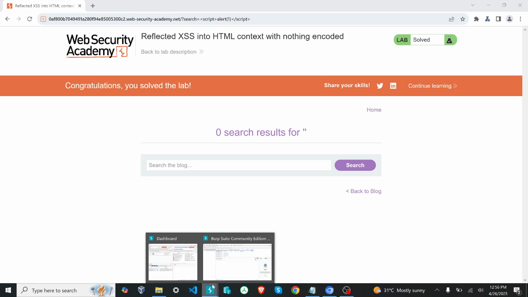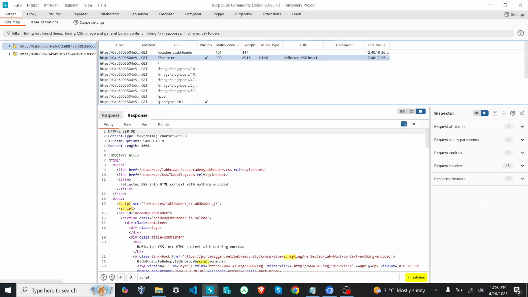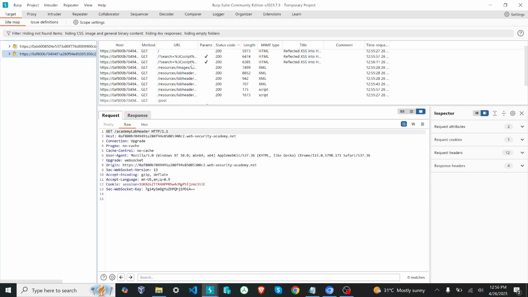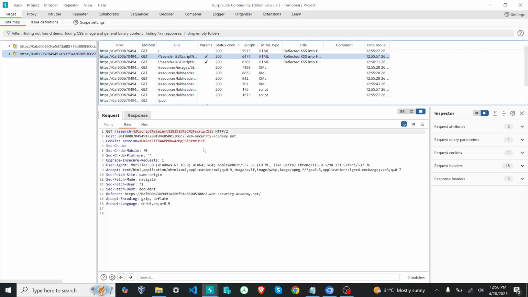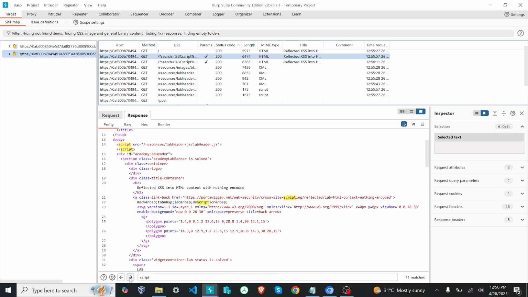Okay, so you can see in the website, this is the header that we have sent. I'll show you, this is the response, this is the request. Here, this one is the request, and as you can see in the search parameter, this whole script injection is happening here. And when you go to the response and search for the word script,